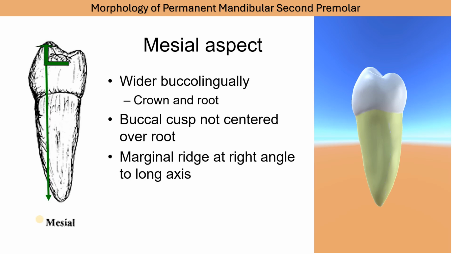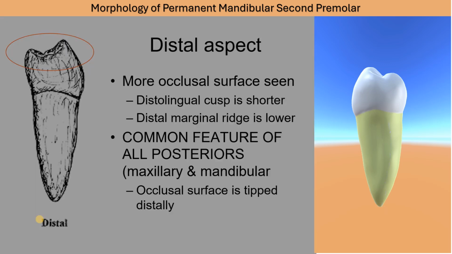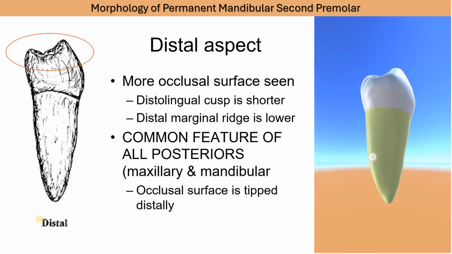premolar. You can see that the marginal ridges here are at right angle to the long axis of the tooth. If you remember, in the first premolar, we had the buccal triangular ridge parallel to the mesial marginal ridge. Here it is not the case, and you see a perpendicularity in that particular area. And we do not see any mesiolingual groove in the second premolar, whereas that is the characteristic finding of the first premolar. And the root apex is usually blunt,